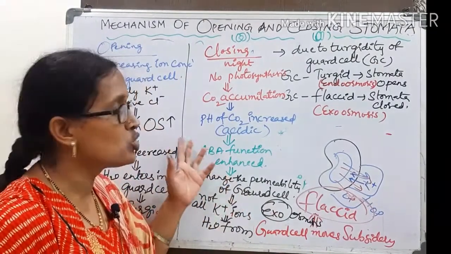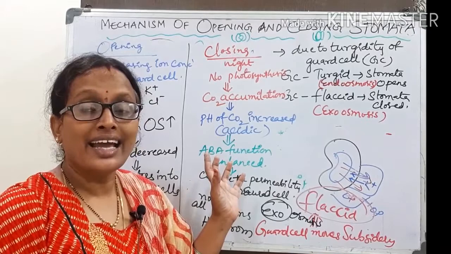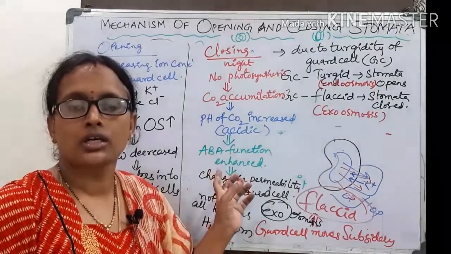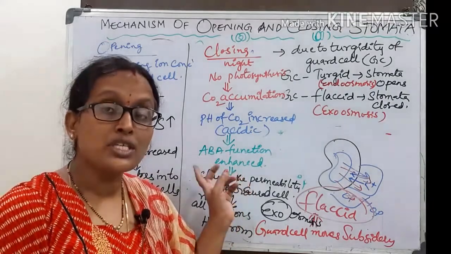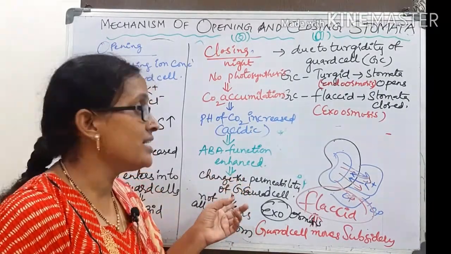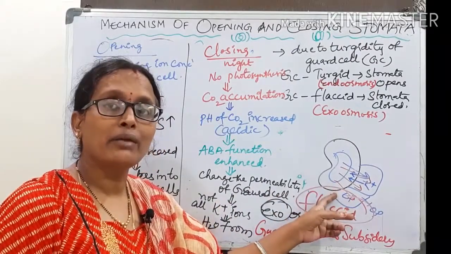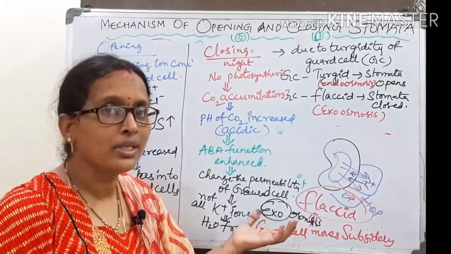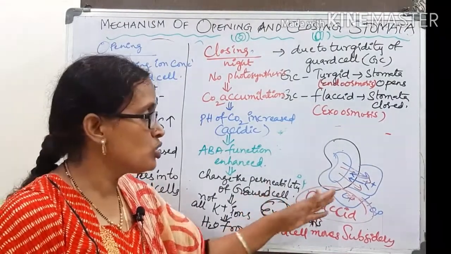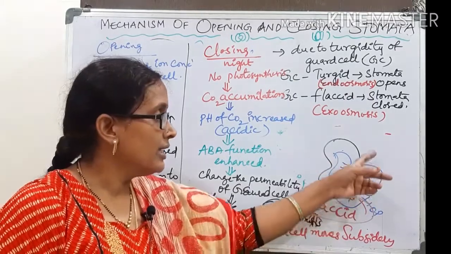Ultimately, when there is no photosynthesis, accumulation of carbon dioxide enhances the activity of ABA, abscisic acid, which is secreted. This abscisic acid changes the permeability. Before that they are actively pumped, but permeability is changed. Now they won't accept the potassium ions. So strictly the potassium ions are not entering. Ultimately, in the subsidiary cells,